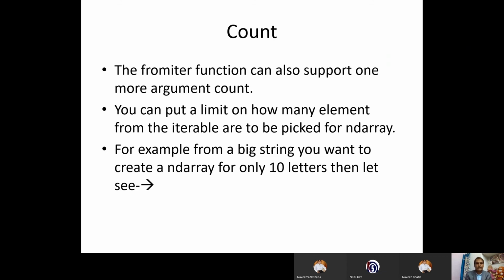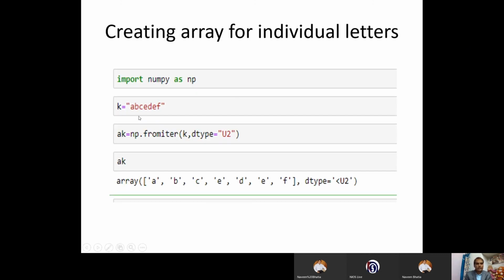Okay. The fromiter function can also support one more argument, which is called count. You can put a limit on how many elements from an iterable are to be picked for the ndarray. Don't be confused. See, I have given A, B, C, D, E, F, but I don't want D, E, F. I want only the first count values.